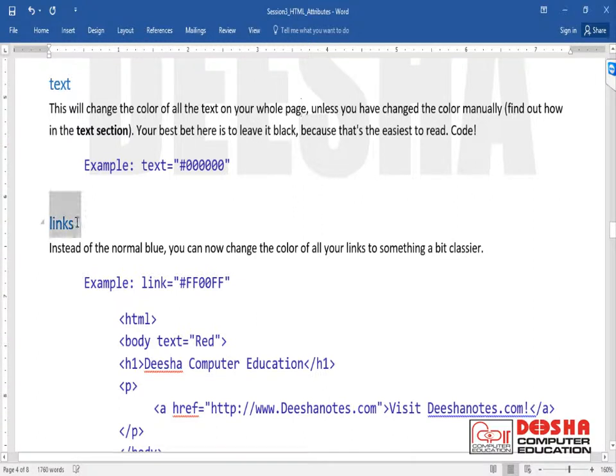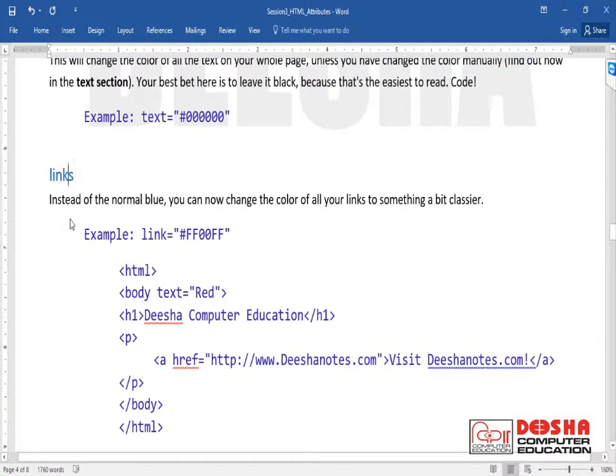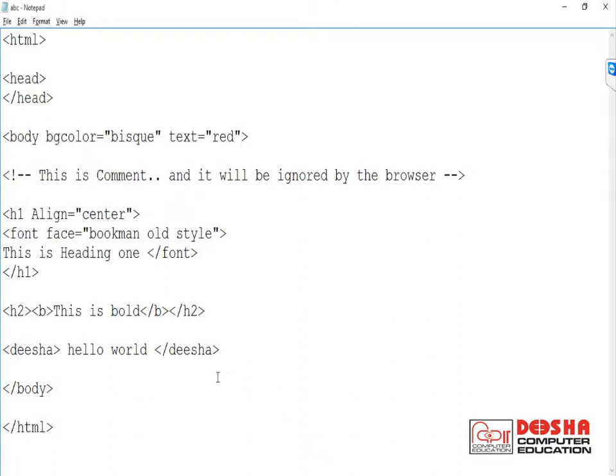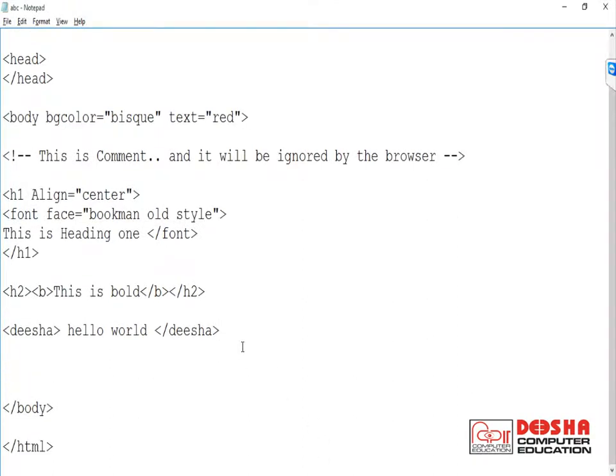Next attribute is the link attribute. What is the link attribute? Basically, every web page may have some hyperlinks, and a hyperlink is one way to connect two or more documents together. Actually, I am going to explain how to link two or more documents in some further session. We will see one anchor tag. There is one tag called the anchor tag. Right now, just for example purposes, I want to insert some anchor tag. This is the anchor tag, A/A.